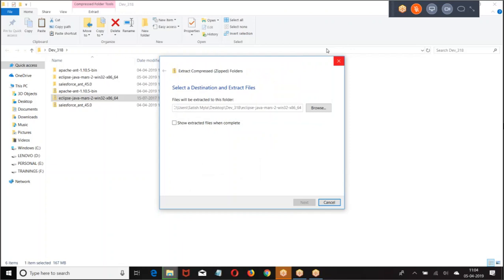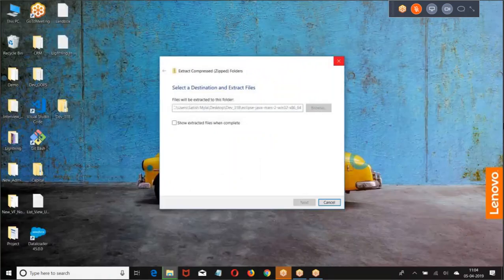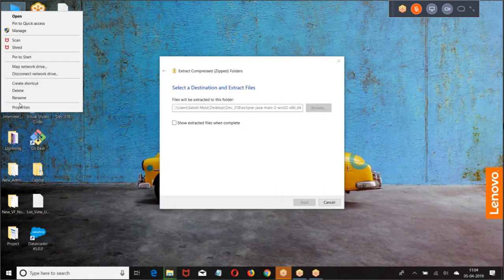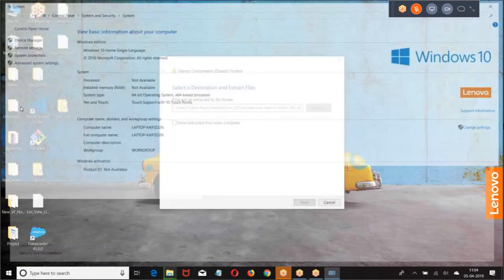Right. So let us start the ANT deployment one more time. Let me remove the existing settings that I have already set.